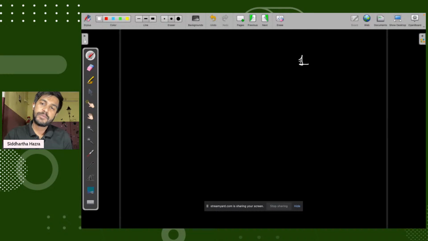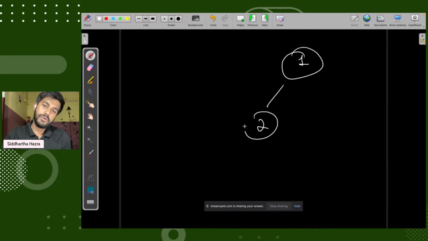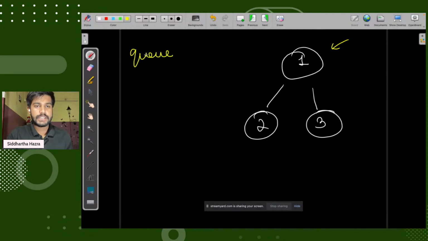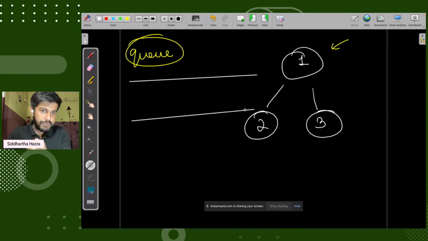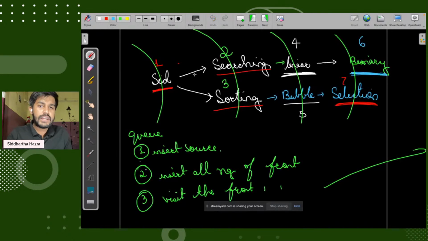So now let us see this in terms of the graph that is given. Suppose we have 1, we have 2, and we have 3. Simple. So basically we are given a source. So we would insert this in a queue. Because this visualization which I'm doing now is available readily on the internet, but I never really found this kind of explanation. So I thought this kind of explanation should be done.